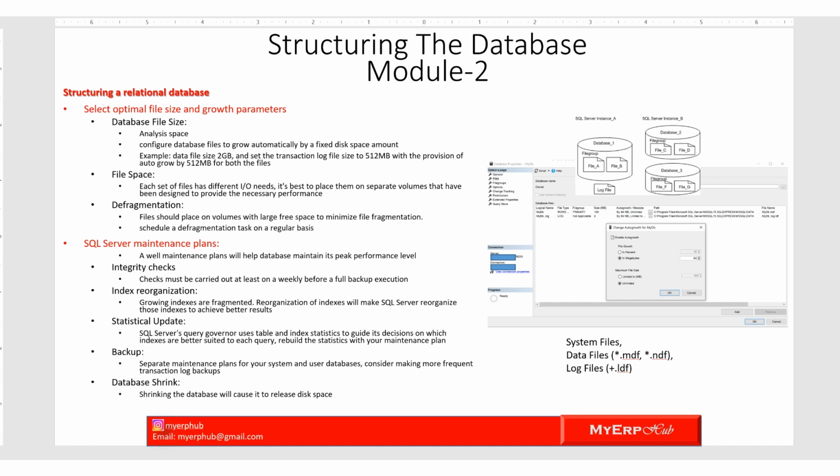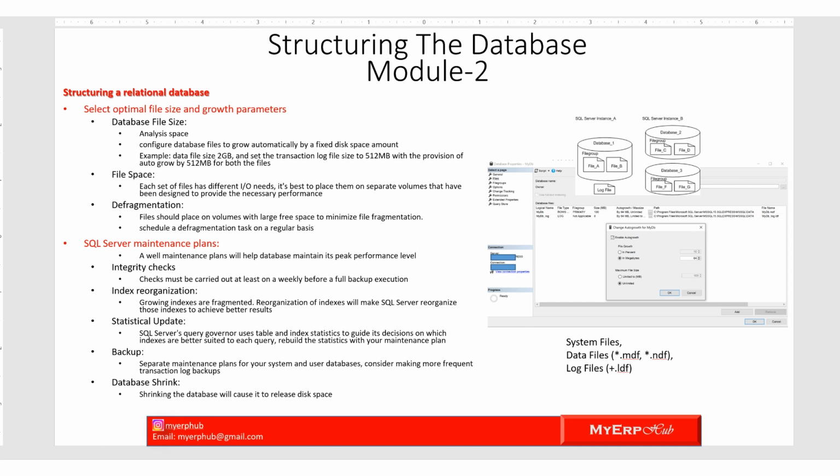Similarly, if you are planning for an 8 GB data file or larger, consider splitting the data between 8 GB data files. This is most important. The more you grow, the more space you occupy, so you need to split the data in order to run smoothly